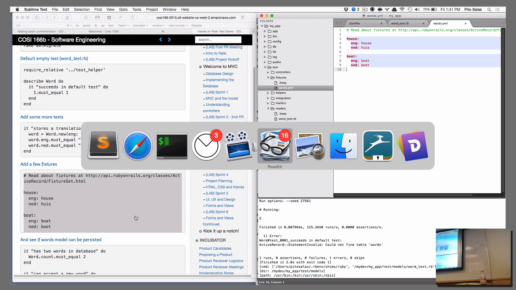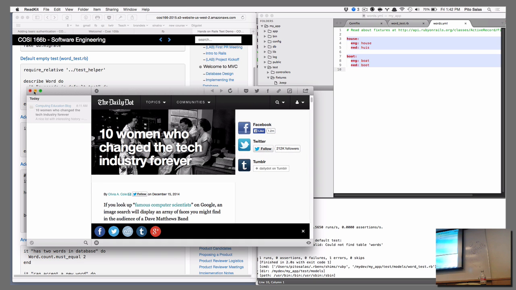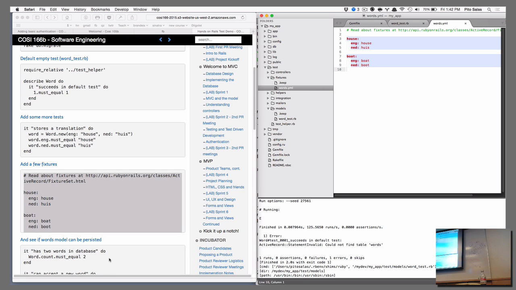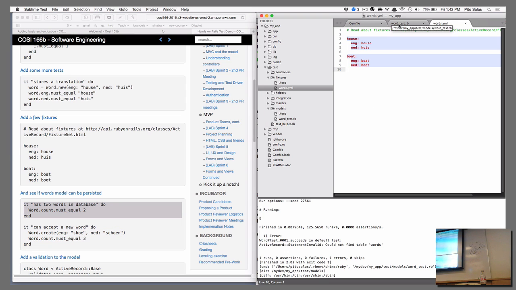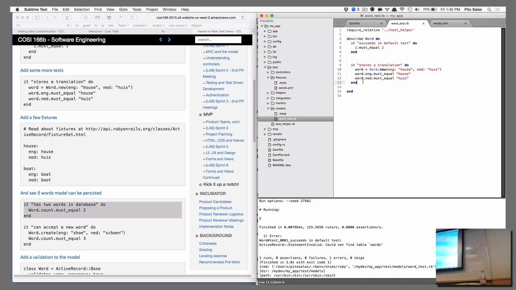So I go back and now I'm going to add some tests to verify if in fact that's true. I'm going to add first this one. I'm going to go back to my word test, and I'm going to say, okay, furthermore, I expect that there's 2 words already in the database. So the database is actually able to store words. So I'm going to talk to the word class, which is an active record class. I'm going to ask for a count, how many there are, and I'm going to say it must equal 2. And when I run that,